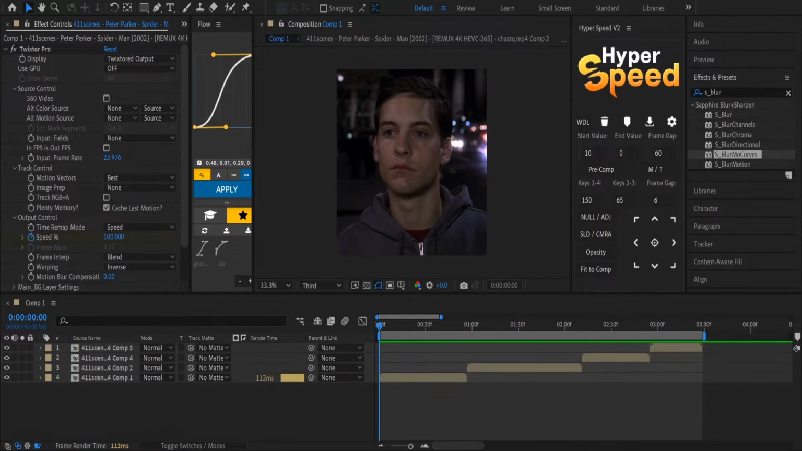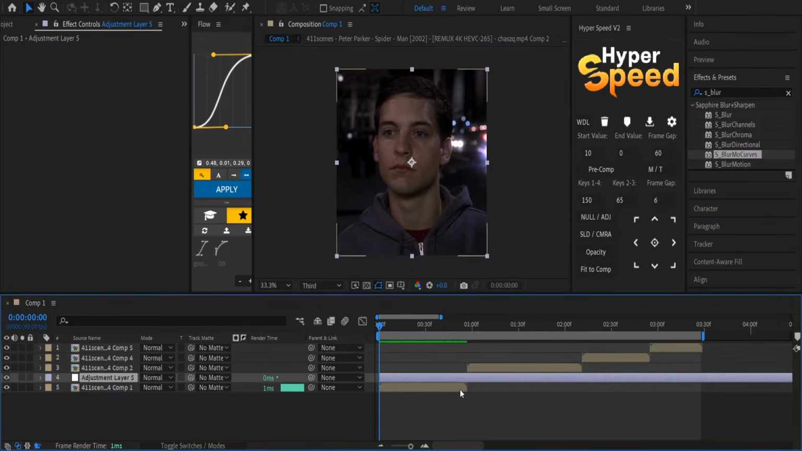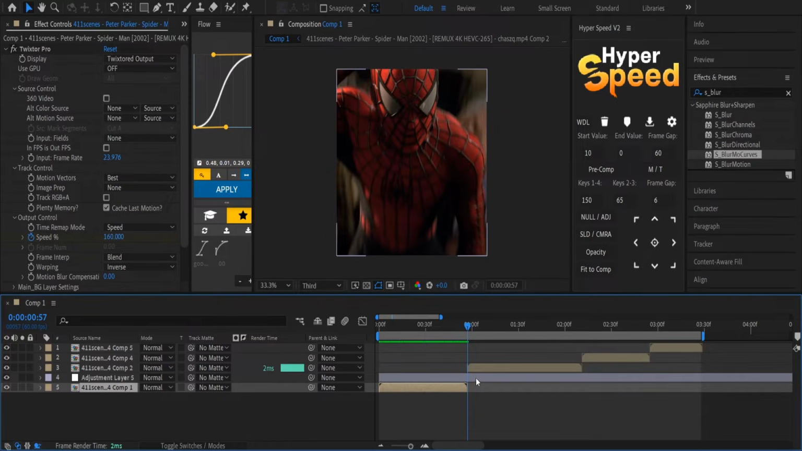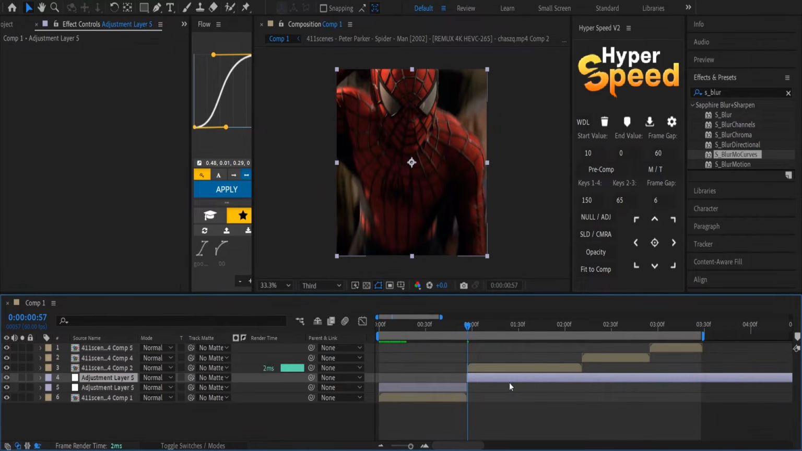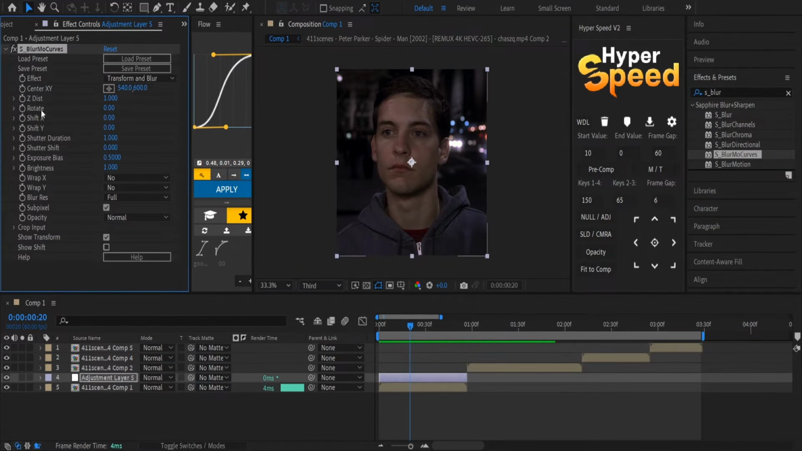So let's get started. First, make your clips ready and create an adjustment layer by clicking Ctrl Alt Y, and go to the end of your first clip and delete the extra layer of the adjustment layer, and add a blur. Move it above the adjustment layer, go to the Z keyframe and click on this watch, and go